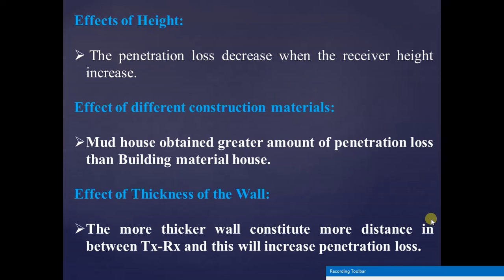So we finally discuss three things: the effect of height, the effect of different construction materials, and the effect of the thickness of the wall. The penetration loss decreases when the receiver height increases, and the mud house gives more penetration loss than the building material, and with a thicker wall, that means when the receiver goes to the deepest room, the penetration